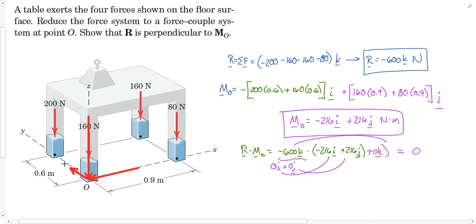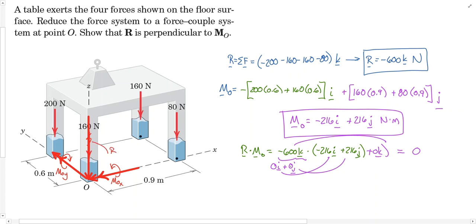And then a moment that's in the positive j direction. That's this way. And let me give a double-headed arrow here for these. I always like to do that for a moment. And so this would be a rotation in the negative x, and then this would be a rotation in the positive y. So you could think about this as MOX, and this would be MOY, and then this, of course, would be